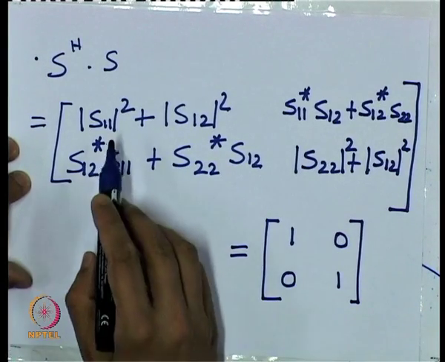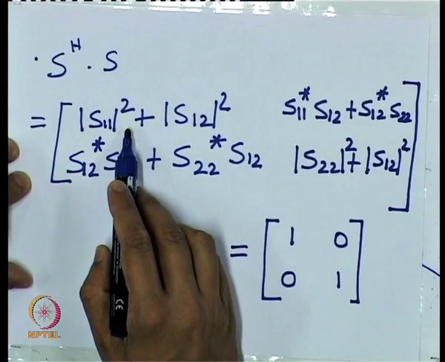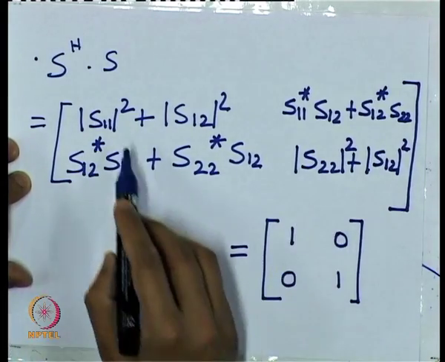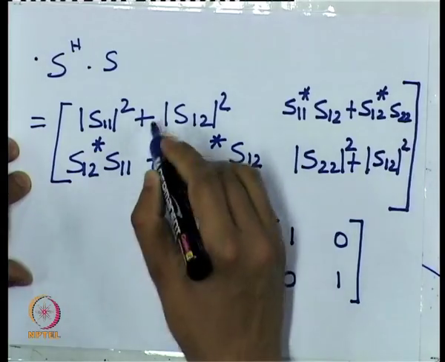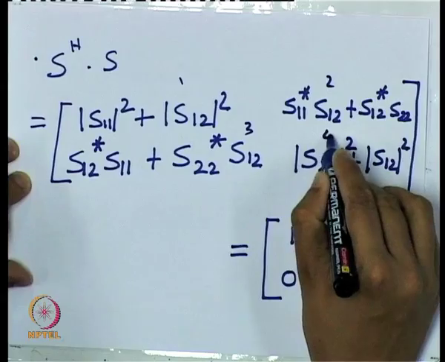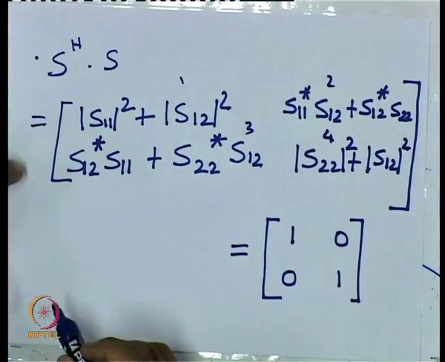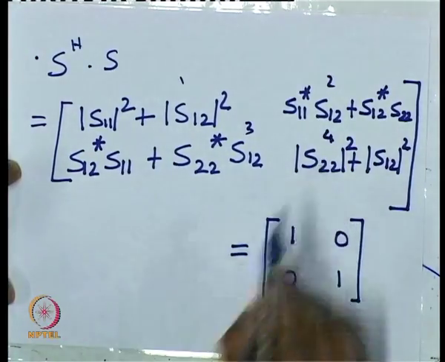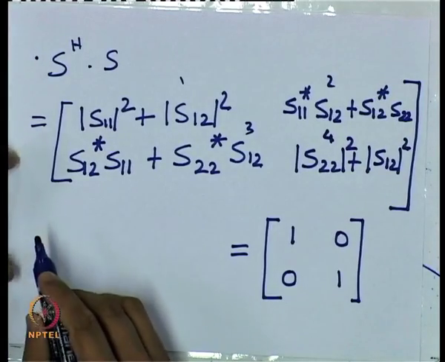So, we have 4 sets of equations. If I label them 1, 2, 3, 4, then from this equation and this equation we can straight away write